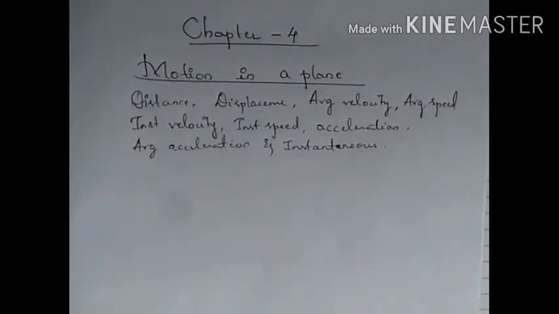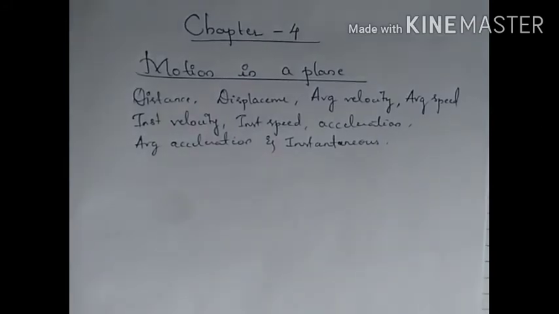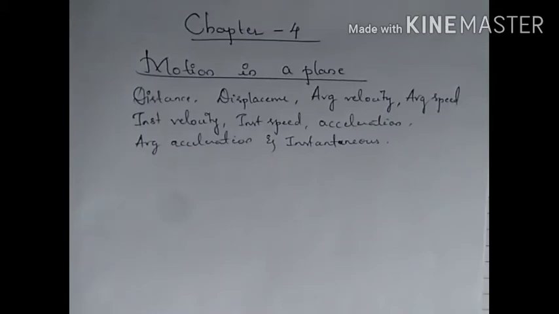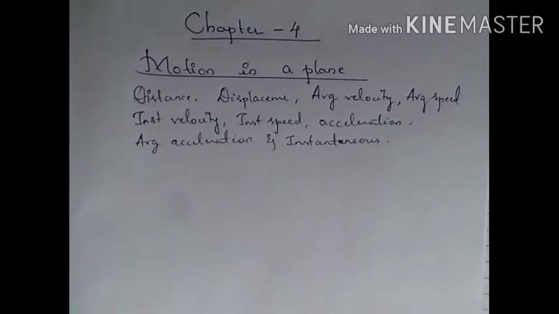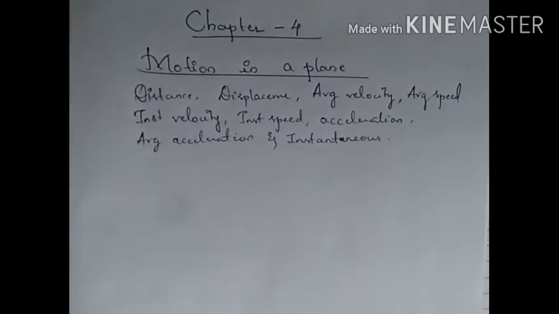After learning all these concepts, we restricted our discussion to only motion in a straight line. So we used only the x-axis to define our motion. If a body moves in the positive x-axis, we took the displacement as positive. If a body moved in the negative x-axis, we took it as a negative displacement. So in all these cases, we understood only motion in a straight line.